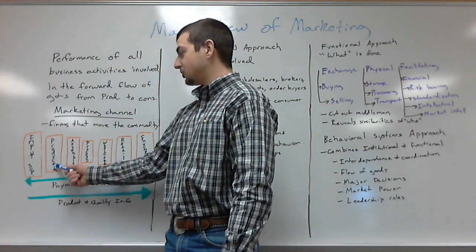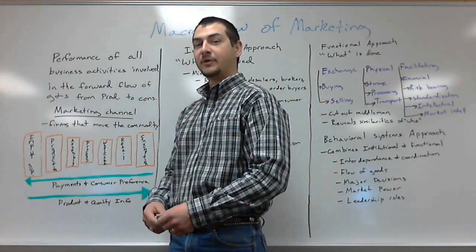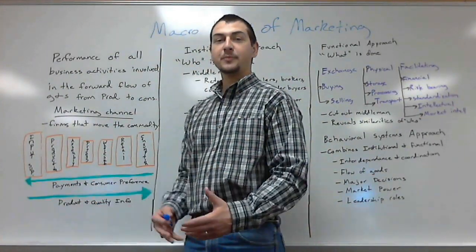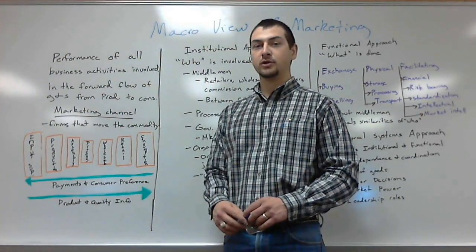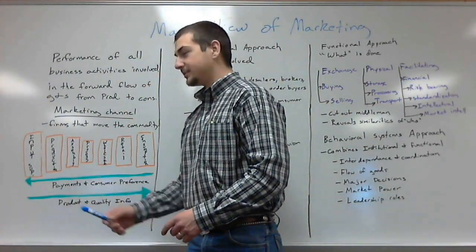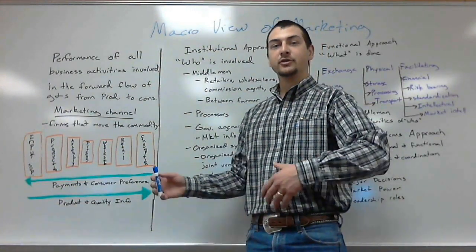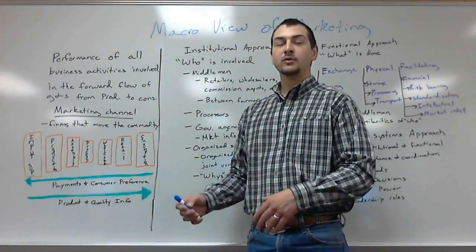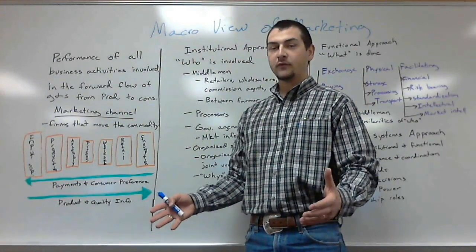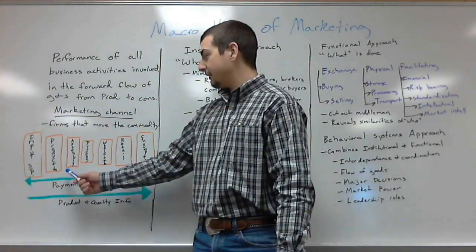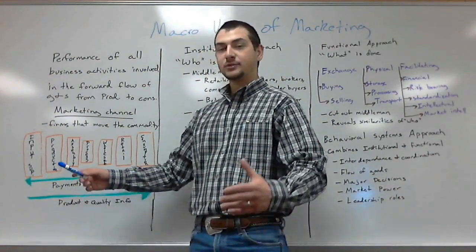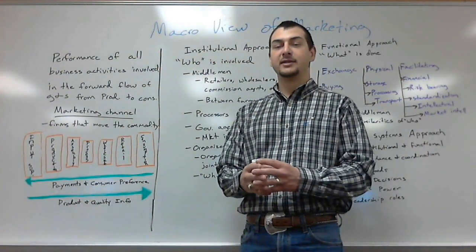Then we have the production segment. The production segment, those are your farmers. Those are the people that are involved in the biological process of that agricultural good or service. We have the assembly. Those are usually like your gins and your mills. Whenever, say, a farmer harvests their crop, they might take it to a gin, they might take it to a mill. That mill is the assembly step. That's where they are combining all of these commodities together.